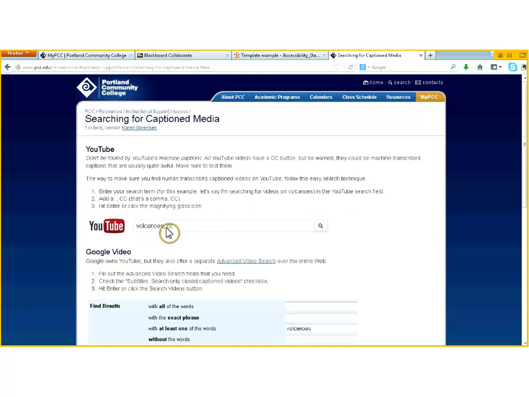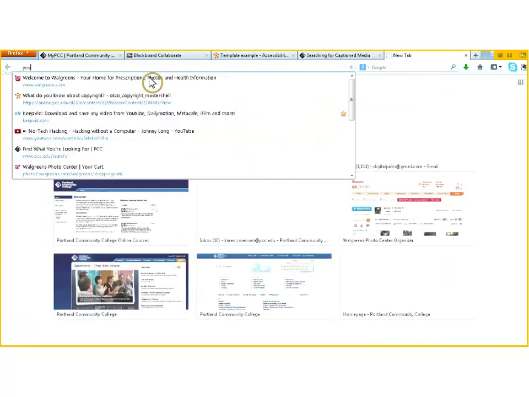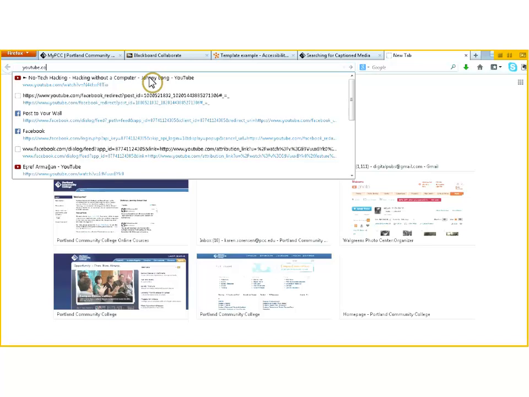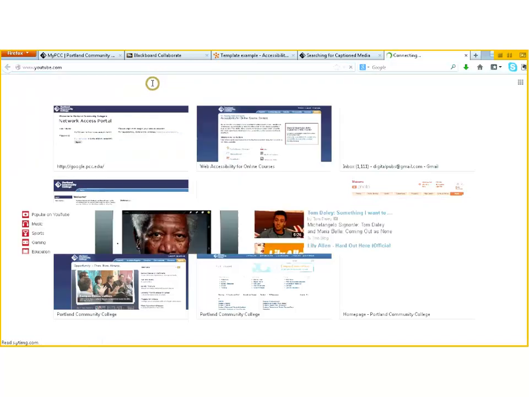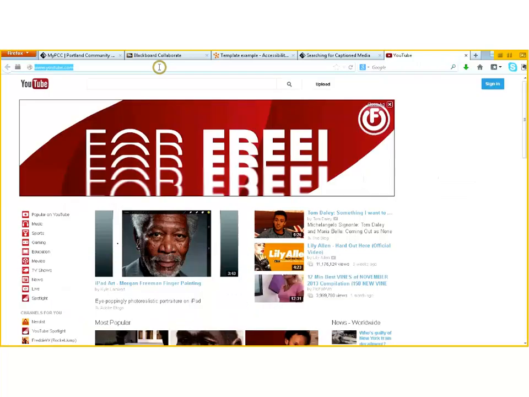In YouTube, it's very simple. You can just enter into the YouTube search your subject and then comma CC. So feel free to go to YouTube yourself, but here I'll just go to youtube.com and say we'll search for